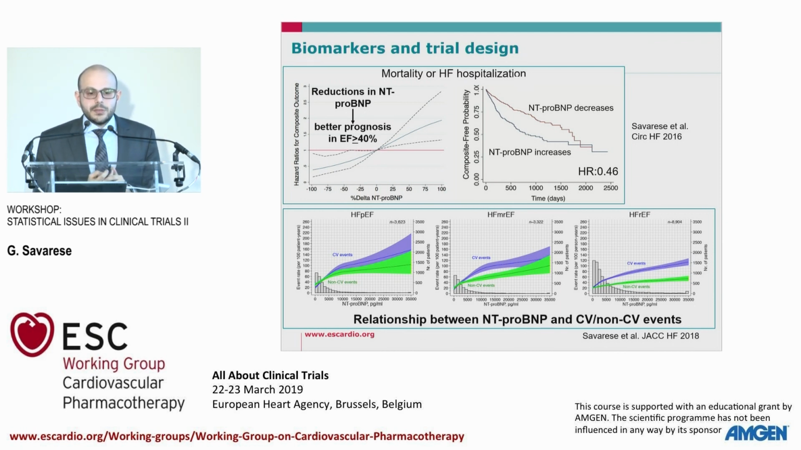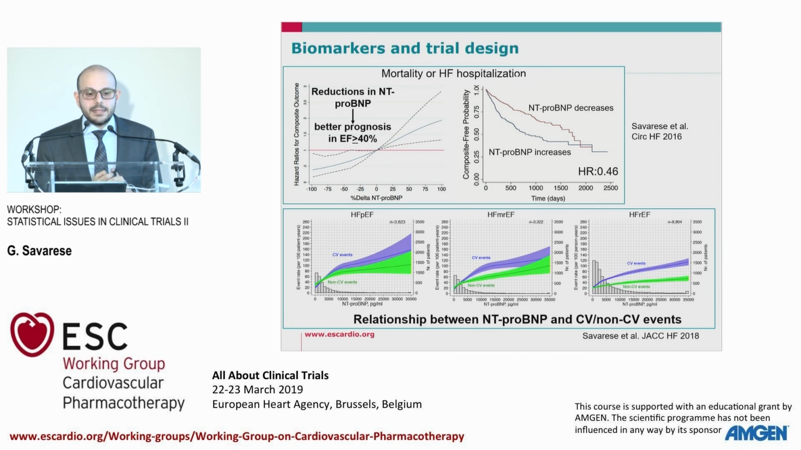The use of registry may be also important in order to support trial design. Here in the first paper, the one on the top, we actually showed that in patients with ejection fraction more than 40, a decrease in NT-proBNP over time is associated with a reduction in risk of all-cause mortality or heart failure hospitalization. This means that the reduction in NT-proBNP may be a useful and feasible surrogate endpoint for